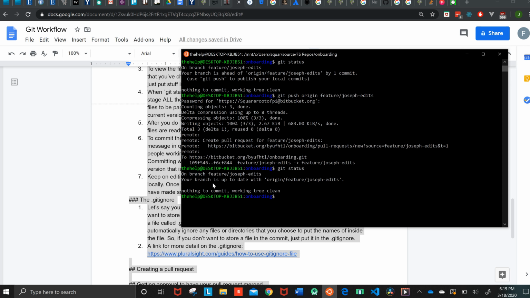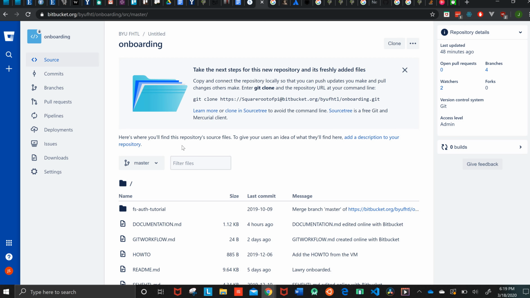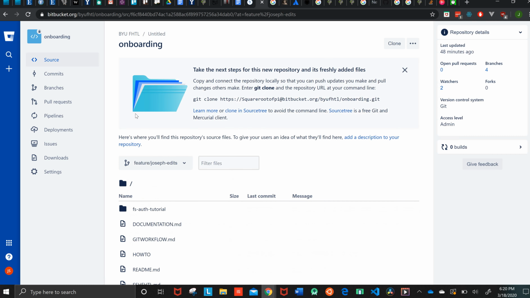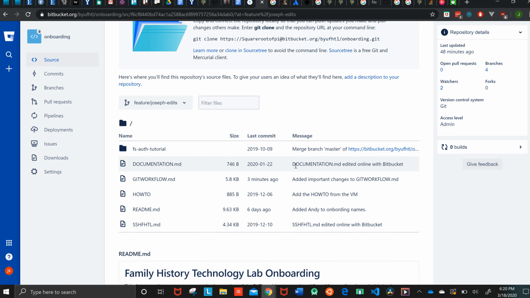Now what you want to do is make a pull request. Once you've had this, you should be able to go up here, and we're going to show you exactly what this looks like in BitBucket. So in BitBucket, if I go to the source code here of the onboarding file, we still have this Joseph edits right here that I've been making. And we see right here this